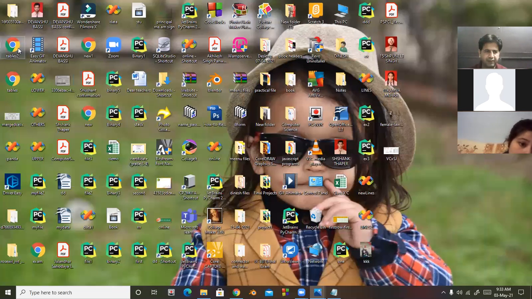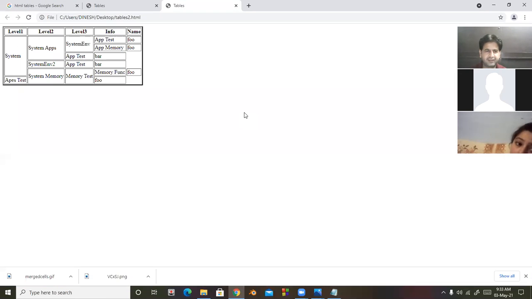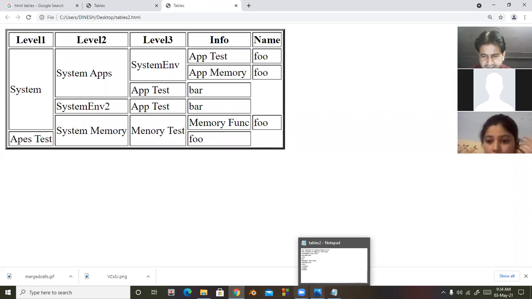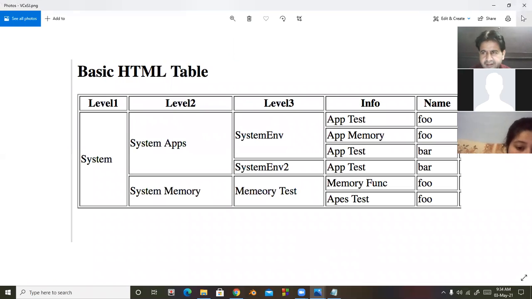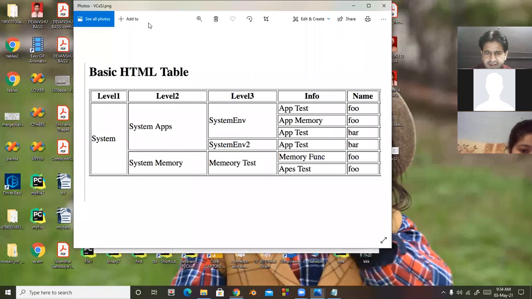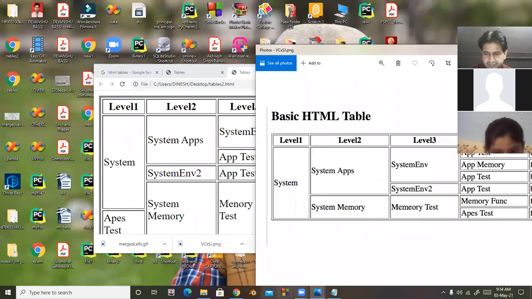So look at here, table 2. I think there are some problems here, I'm just checking that. In the third line, there is a problem. Look at here, in system env, two cells are merged in place of three. So system env, I'm checking that.